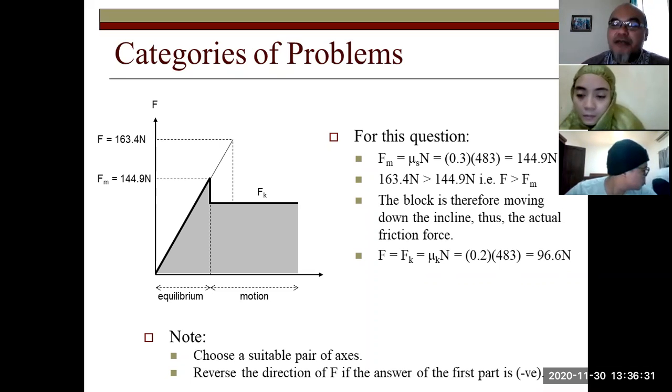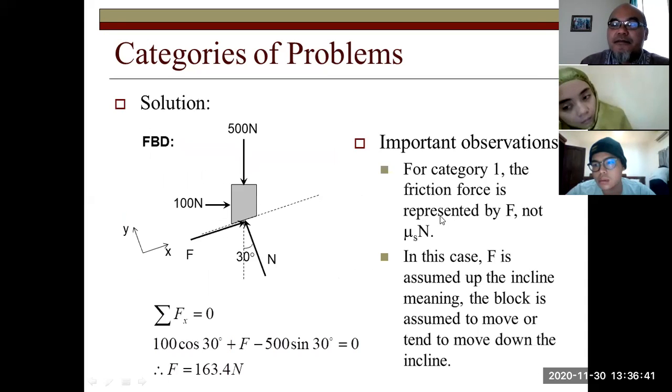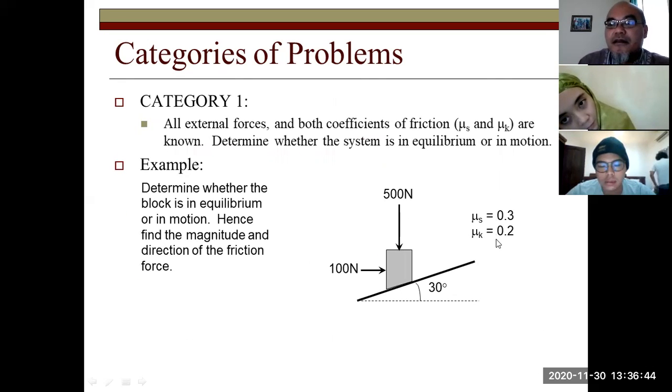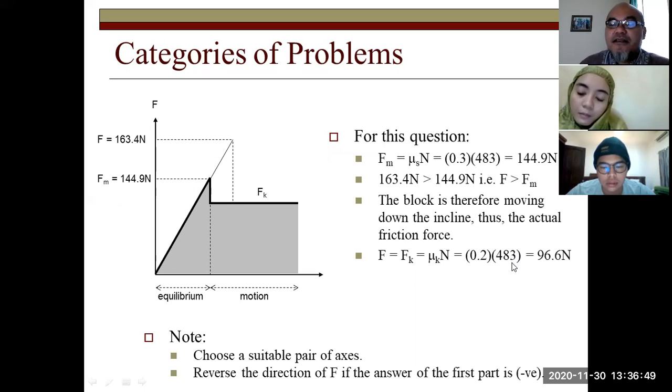Fk equals mu k, the kinetic friction coefficient, times the normal force, which is 0.2 times 483, which is 96.6 Newton. So this is the actual friction force, not the previously calculated 163.4 Newton. So be careful. Friction is a non-linear problem. So that's why you have to